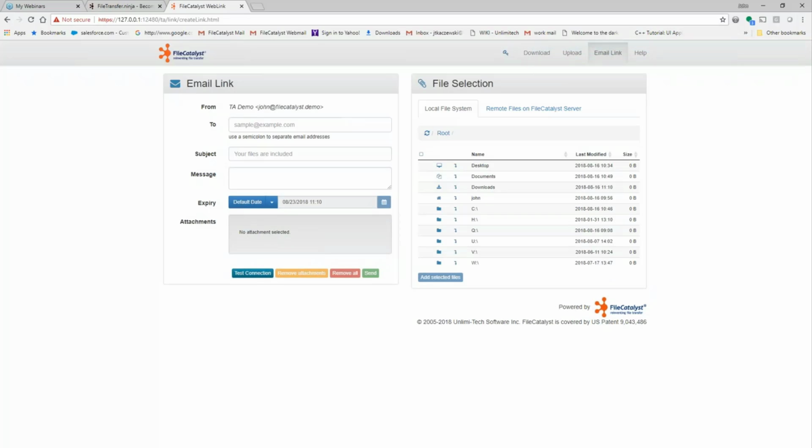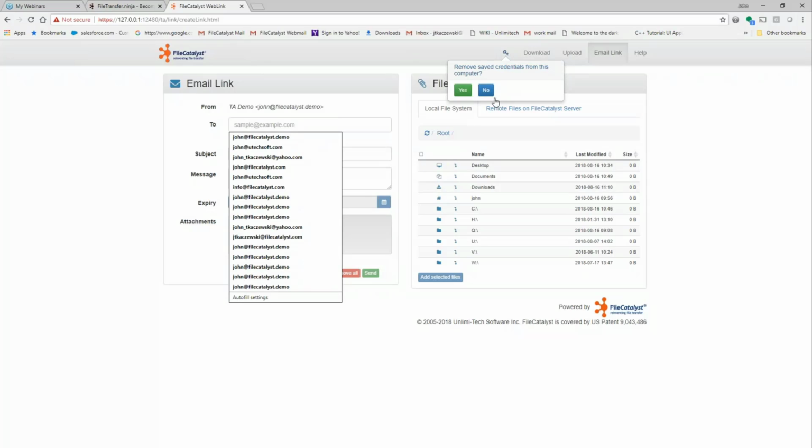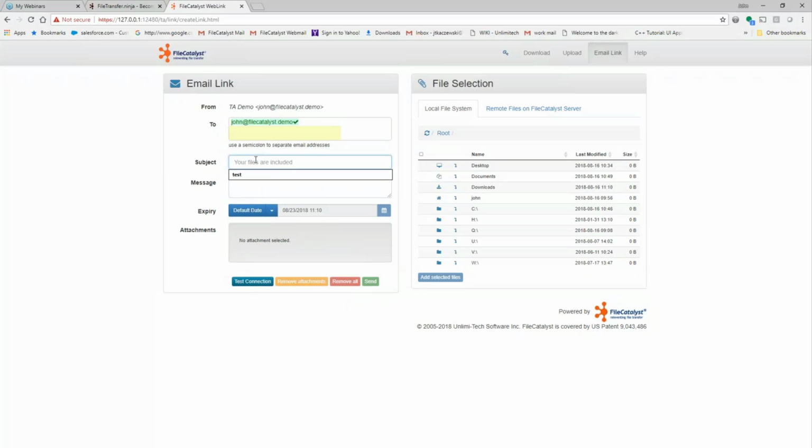The reason I wasn't prompted for install is that right before I started the demo, I already logged in. Normally you would get prompted for username and password, but because I'm already logged in, this little key here remembers my credentials, so I just get in right away to the right place. At this moment, all I have to do is enter my recipient, enter my subject,